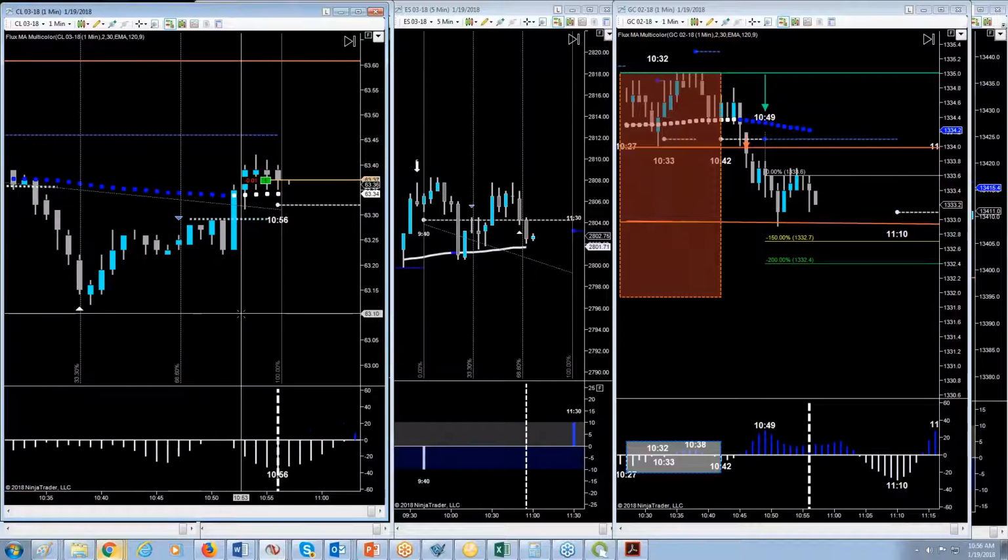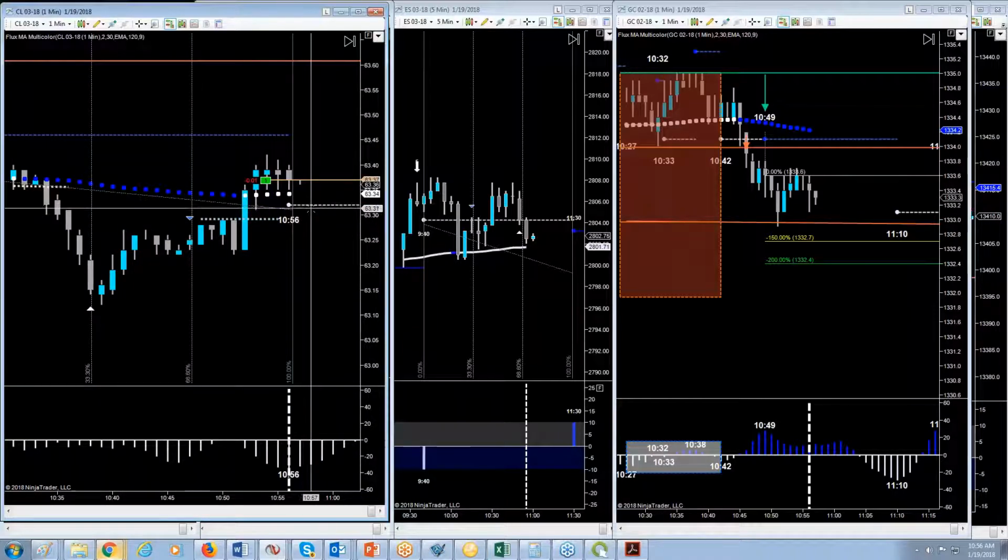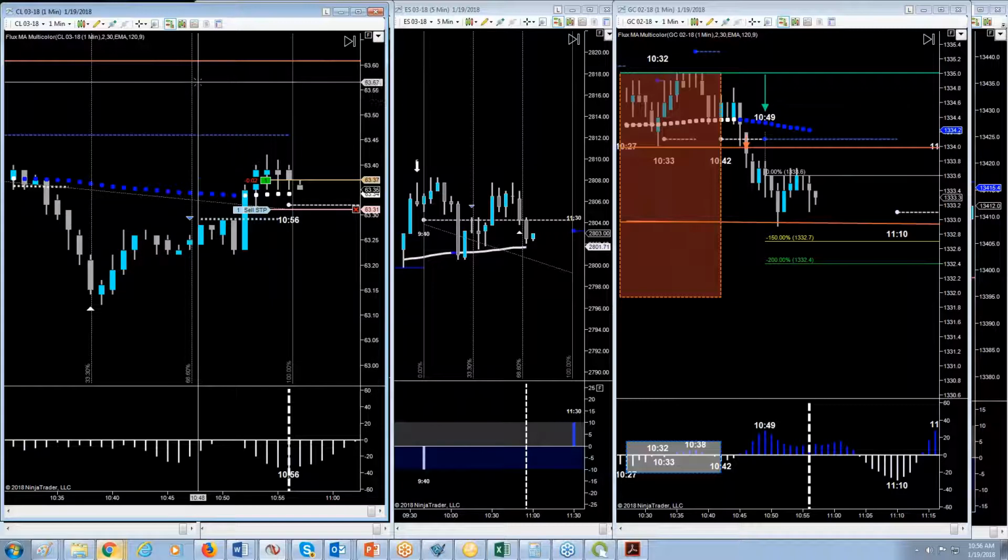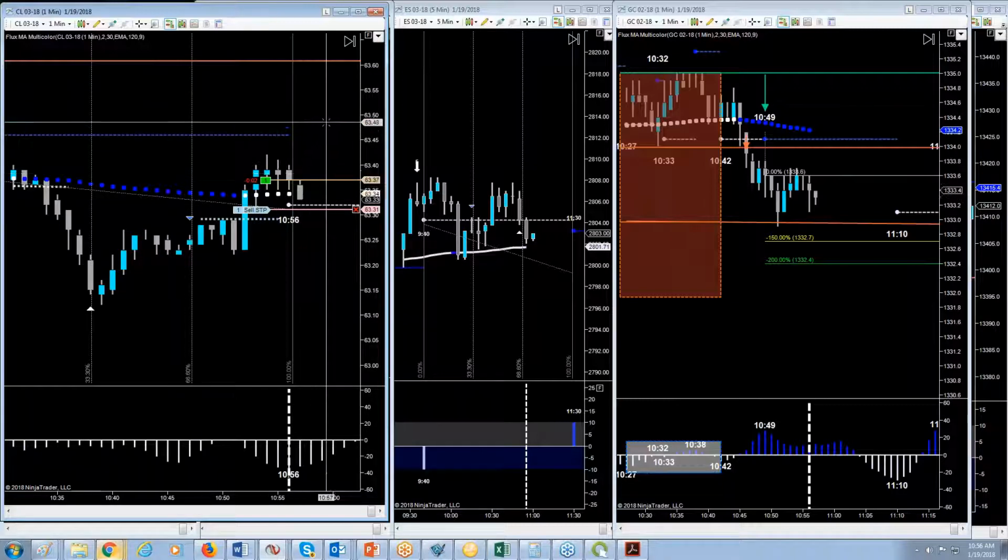Okay, so I'm filled at 37. I'm going to put my stop just below at 31. That is a 6-tick risk. We're looking for 12. That would be 49. Again, we have no clue if the trade's going to work or not. These are educated guesses based on statistical outcomes. Trend trades are generally about 45 to 50% accurate, so we're going to be wrong a little more often than we'll be right, but our winners are twice as big as our losers.